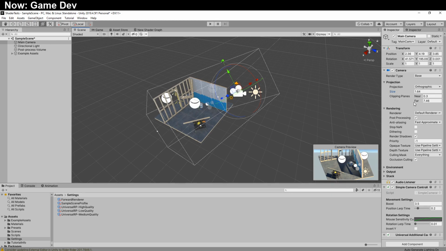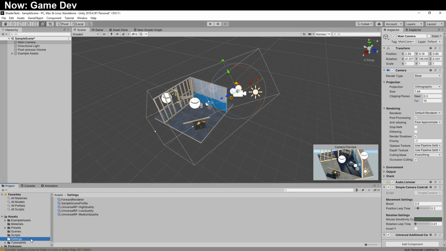Also, reduce the far clip plane down to a fairly low number. Whatever is far enough for you to get what you need to get. If it's at 10,000, then your Z depth is going to be ridiculous, and you're not going to be very pretty. So once you've got a camera that looks something like this, you're going to have to go into your